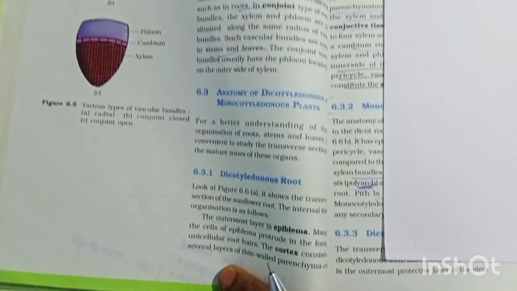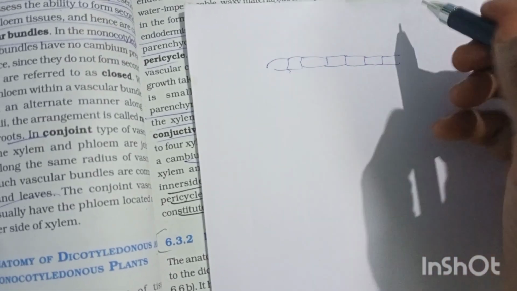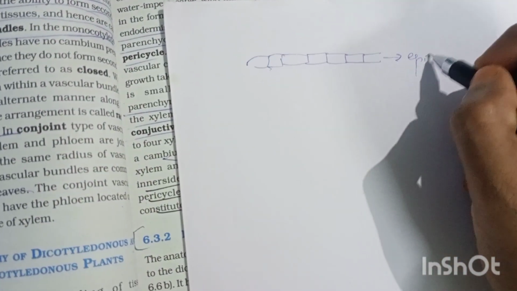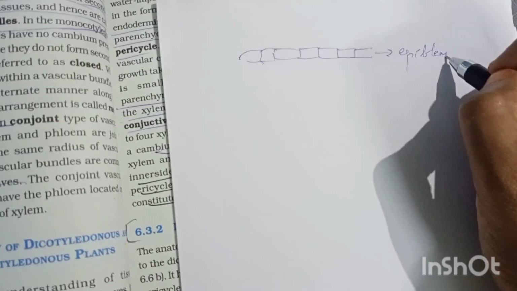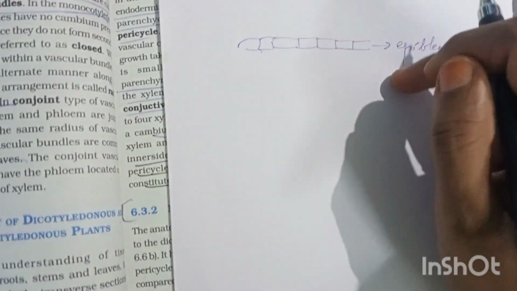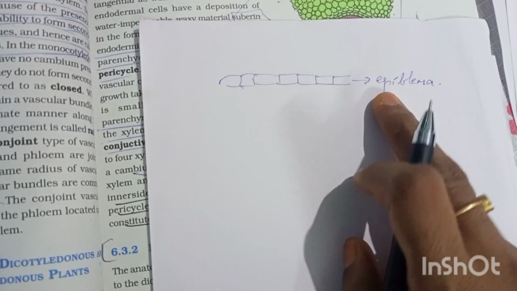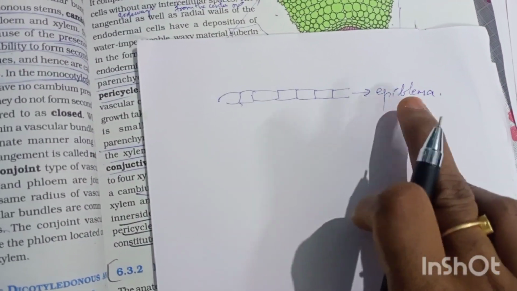In this class, we will discuss the anatomy of dicot root and monocot root. The outer layer of the dicot root is made up of closely arranged parenchymatous cells, and this layer is known as epiblema. We have seen this outer layer is epidermis in the previous portion. In the root, it is known by a name called epiblema,